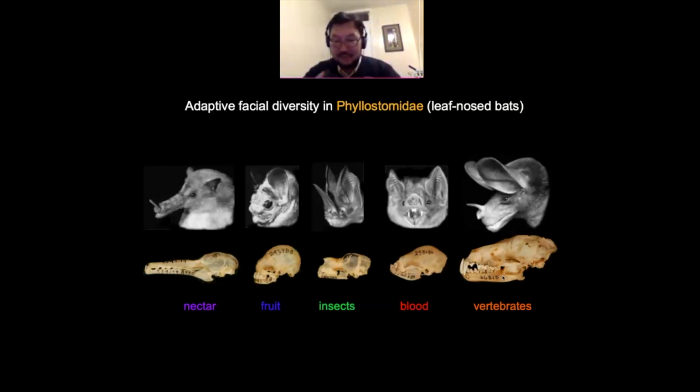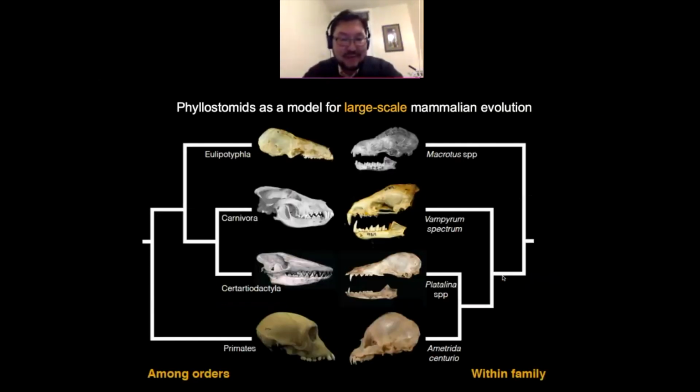And it's a real carnivore. So you have this amazing diversity of faces in one family. And one reason why this is exciting is because this appears to mirror what happened early in mammalian evolution, over 100 million years ago, when different orders such as Carnivora, which includes cats